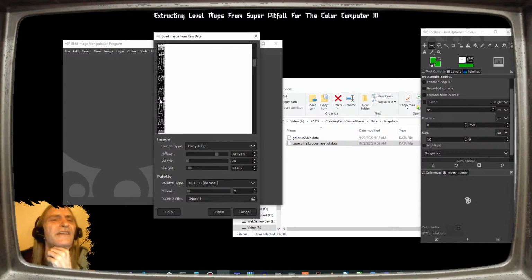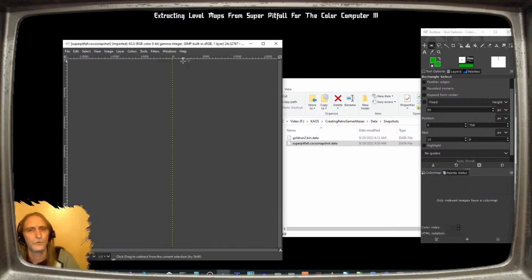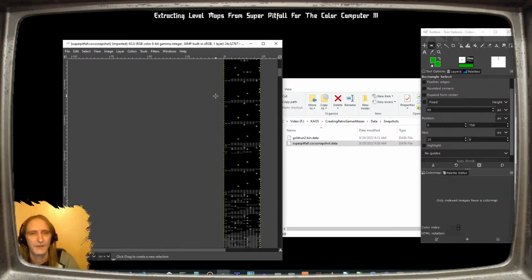Oh, those look like the spikes that come up and down. Oh, and it looks like they're swimming maybe. Yeah, swimming. Okay. Yeah, let's keep it at 24, and we'll see what else we've got in there. I think that looks good. Ooh, that's a big one. All right, so